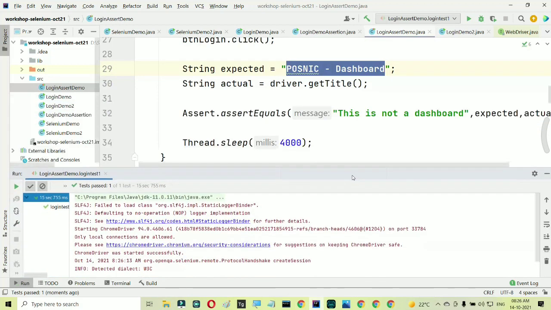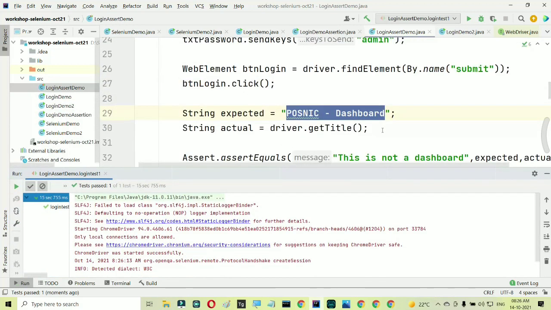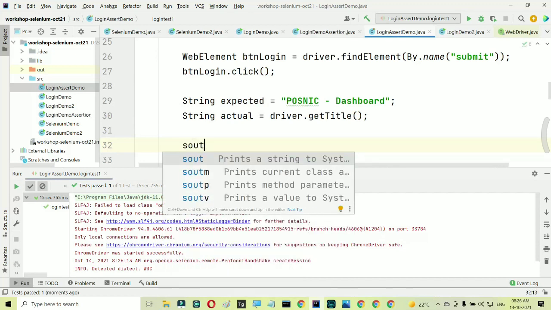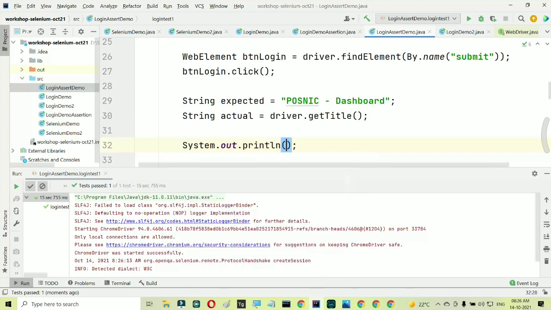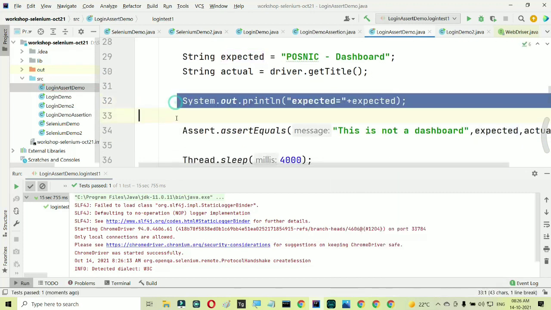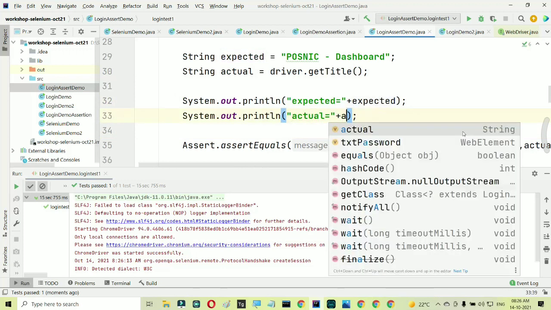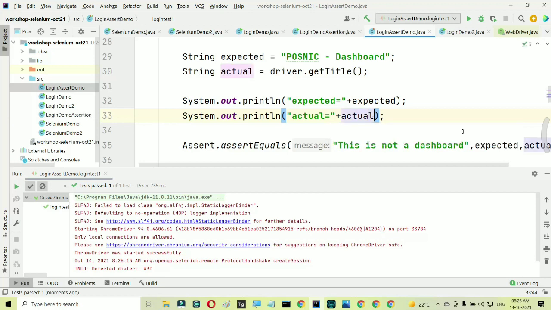But in case you want to see what is the actual and what is the expected, you can just print it. So s out, expected is equal to plus expected, and actual is equal to plus actual.